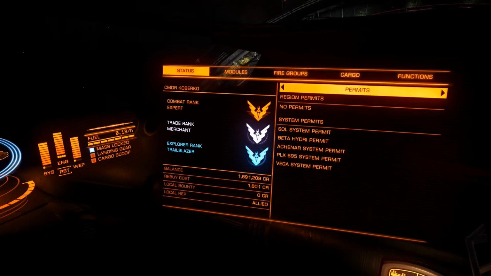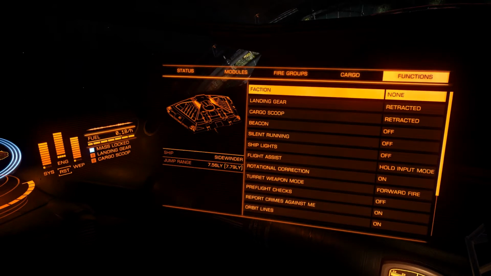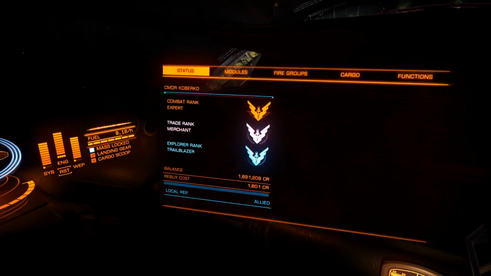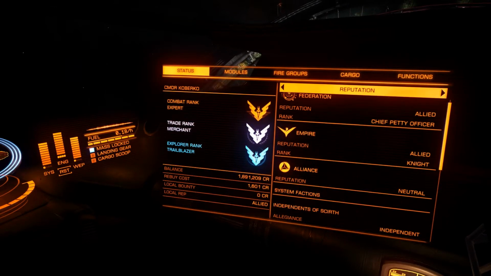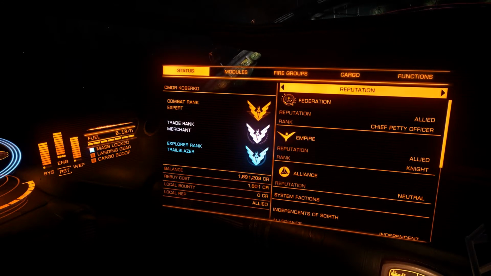Within the what's it called? Just a minute. Federation, yeah. Sorry. So to get to the Sol system, you need to get allied with the Federation and get the rank. I have a chief petty officer at the moment, and I think that you can even get the permit before that rank. And you obtain the rank by doing the missions for that faction, the missions that you can get